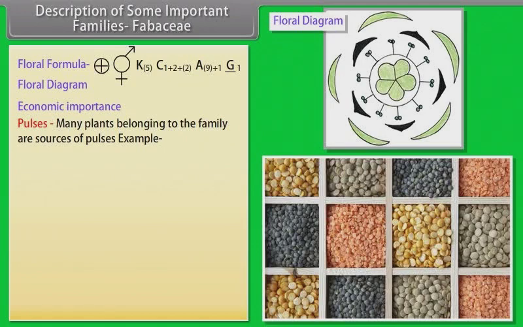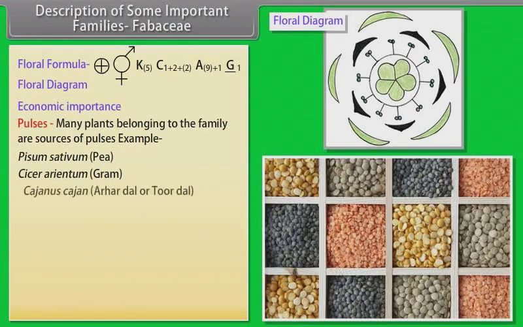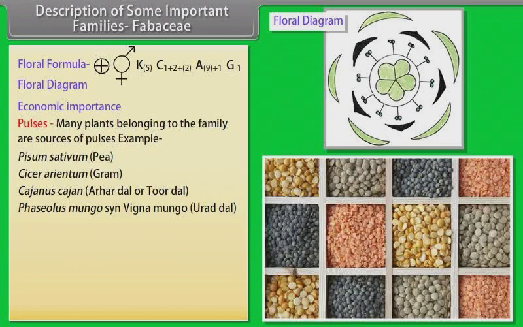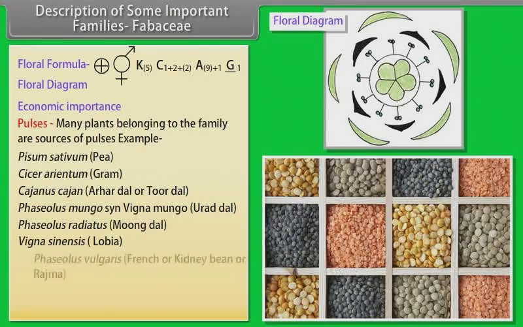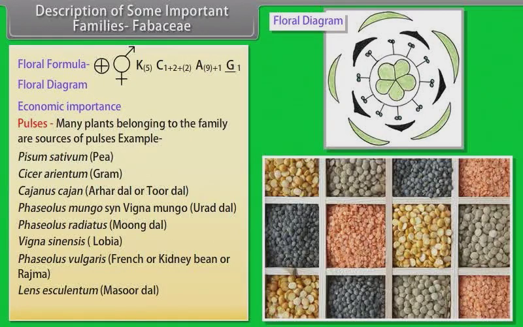Example: Pisum sativum, pea; Cicer arietinum, gram; Cajanus cajan, arhar dal or tur dal; Phaseolus mungo, Vigna mungo, urad dal; Phaseolus radiatus, mung dal; Vigna sinensis, lobia; Phaseolus vulgaris, French or kidney bean or rajma; Lens esculentum, masoor dal; Lathyrus